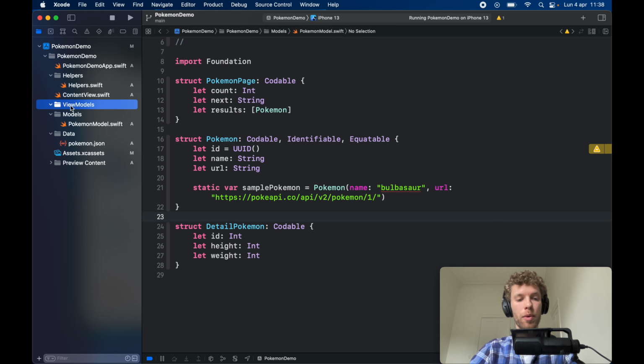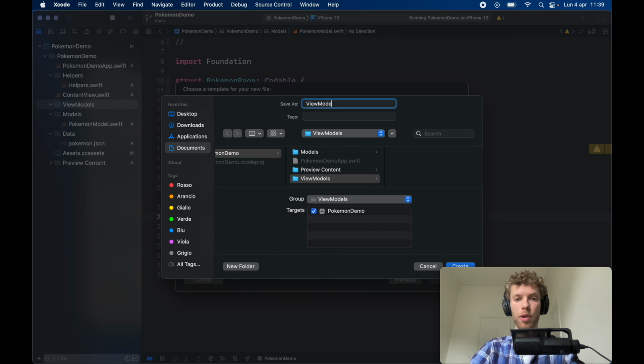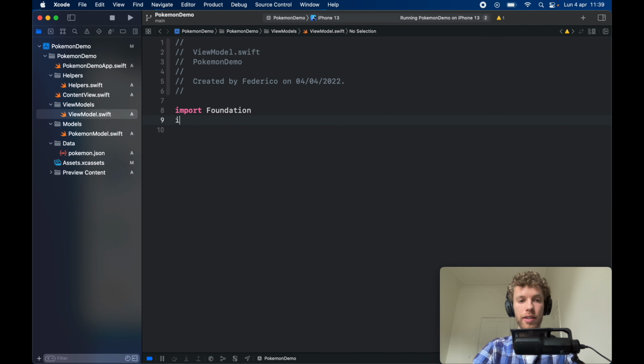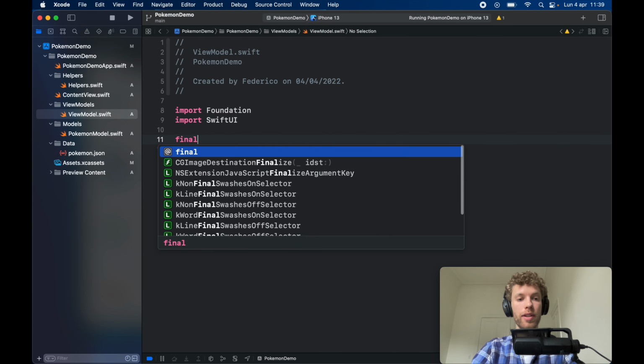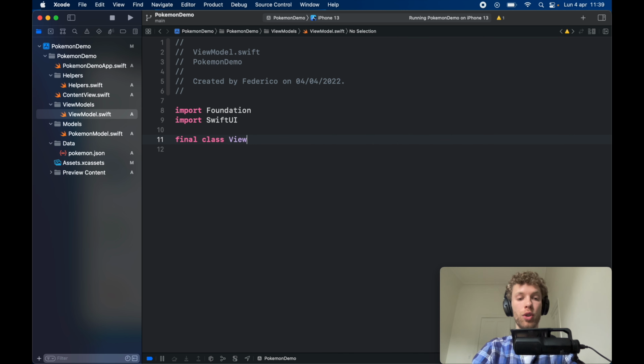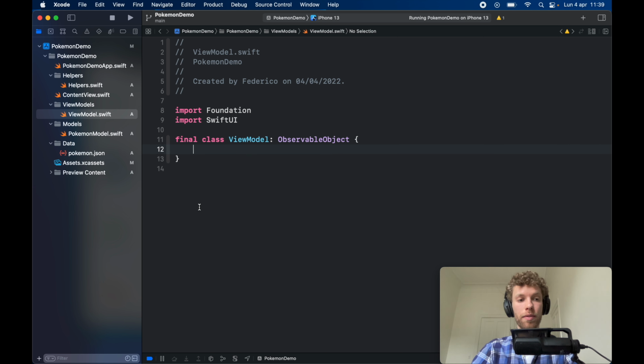And inside the ViewModels, we're going to create a file called ViewModel. So click on Next and type in ViewModel. Now inside here, we need to go ahead and import SwiftUI. And then we need to go ahead and create a final class called ViewModel, which will conform to the ObservableObject protocol. And I absolutely forgot, but we need to go ahead and create another folder before this,